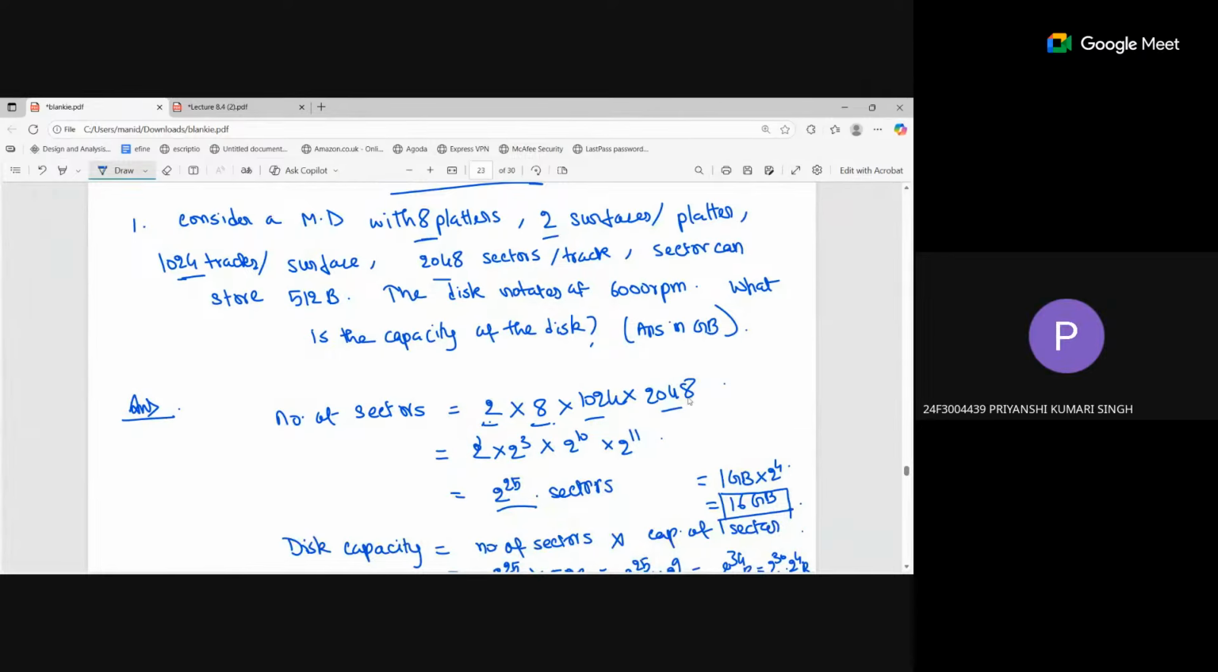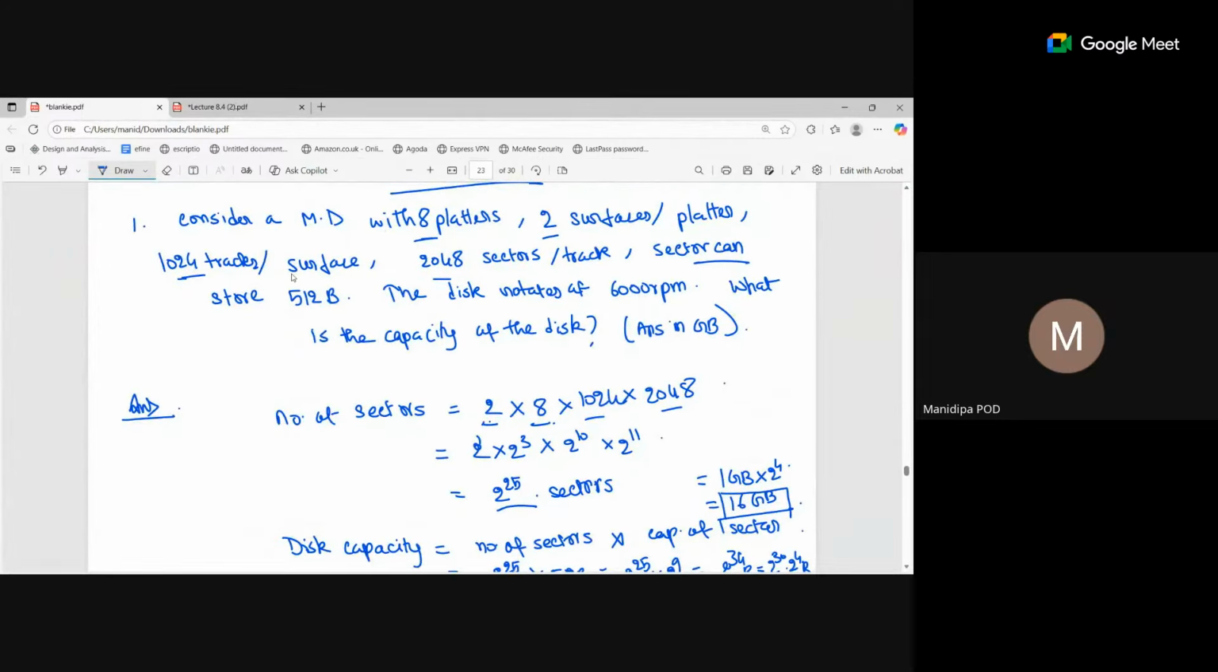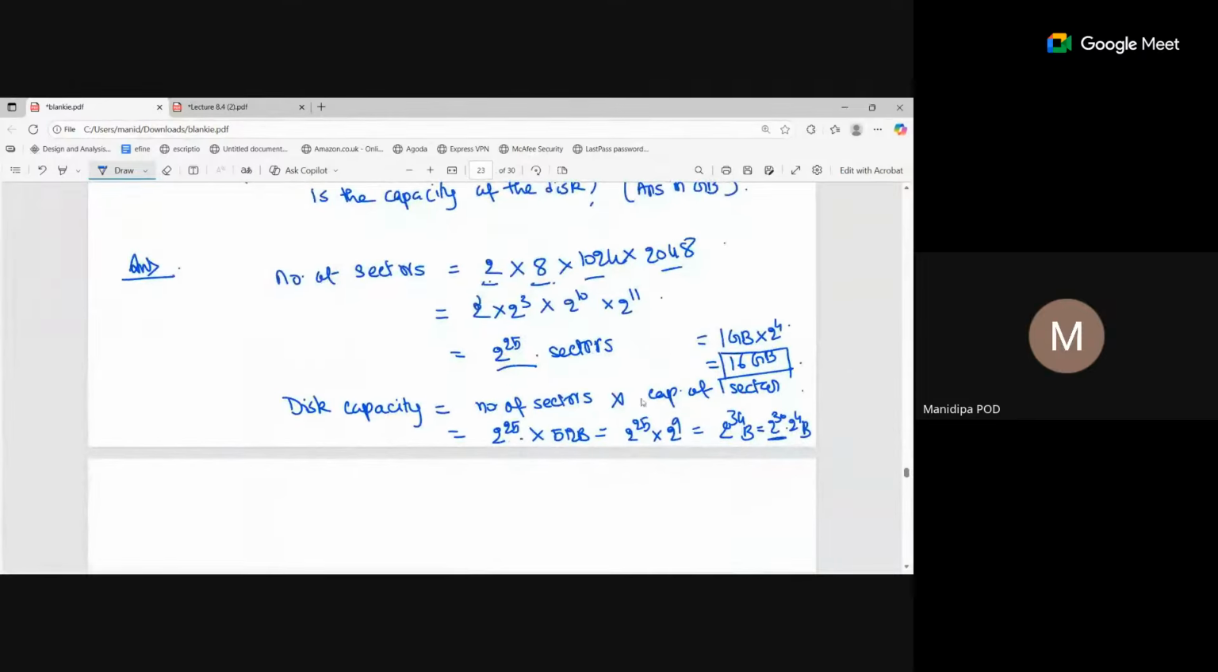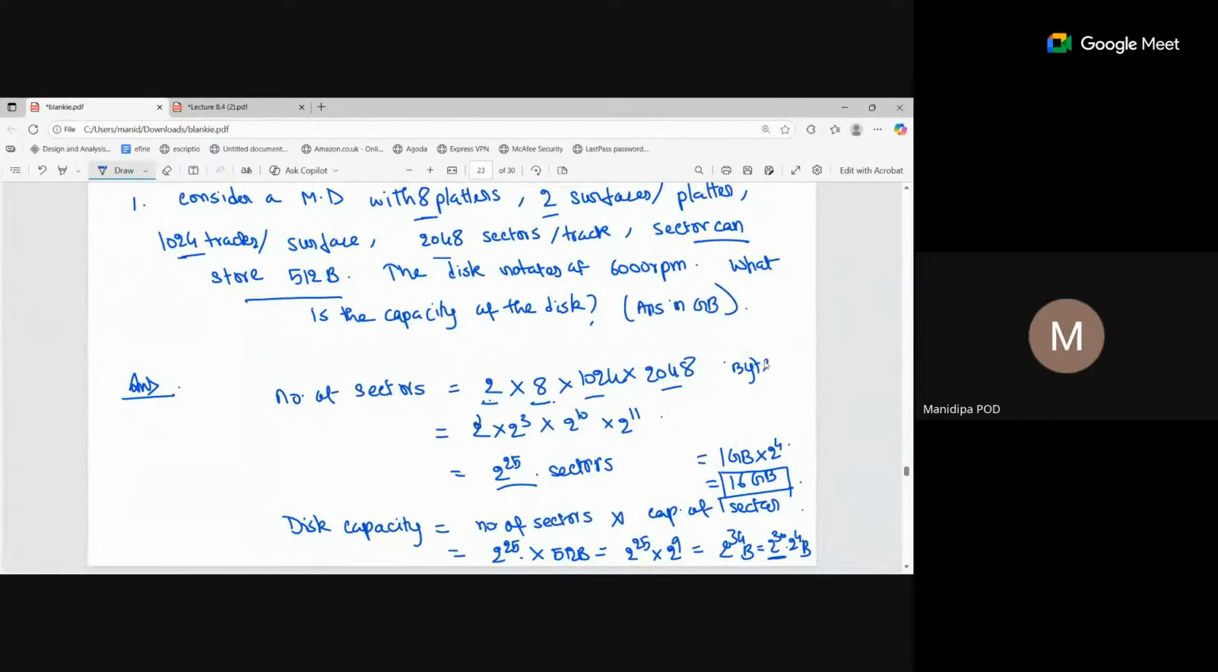Now disk capacity: we have the number of sectors, and in the question it is already given a sector can store 512 bytes each. So this into 512, and now you just do the conversion from byte to gigabyte. 2 power 34 means 2 power 30 bytes is 1 GB, so the remaining is 2 power 4, 16 GB. Ma'am, is it byte or bit? Byte. Okay, is it clear for everyone? Yes, ma'am. Okay, so one more question that we can ask from here is,